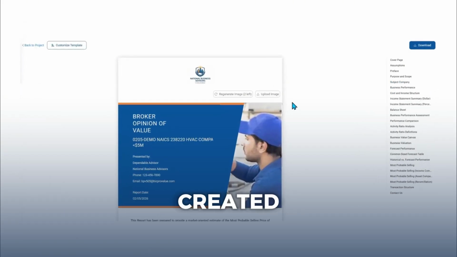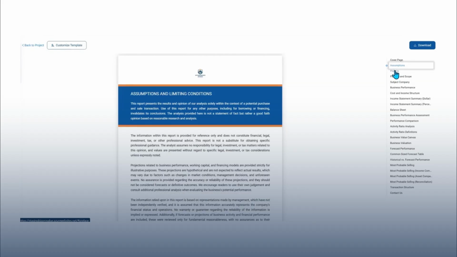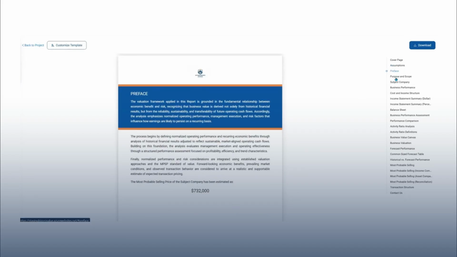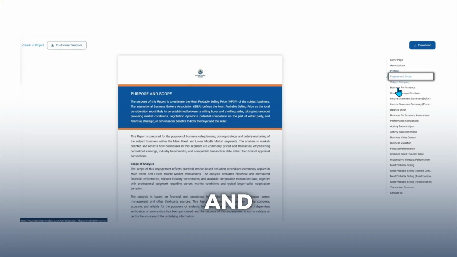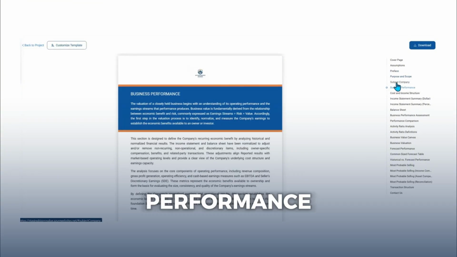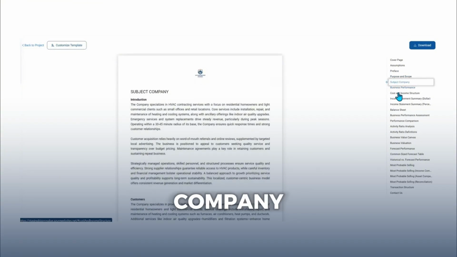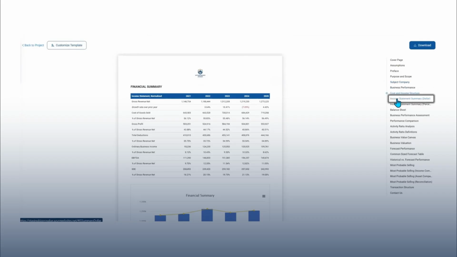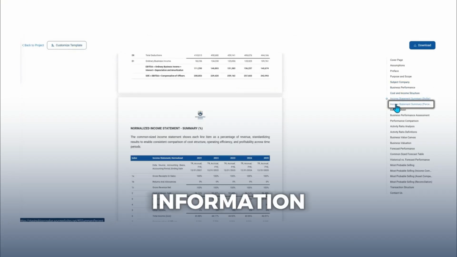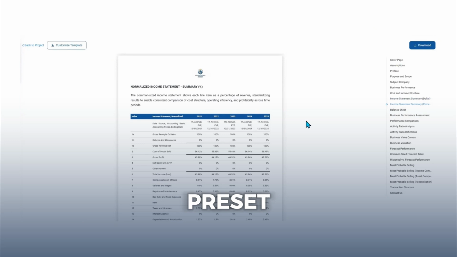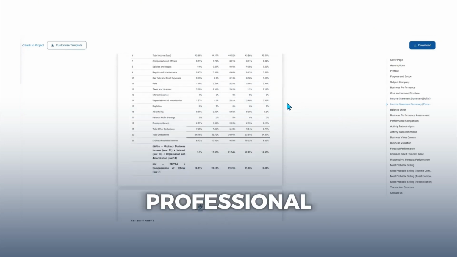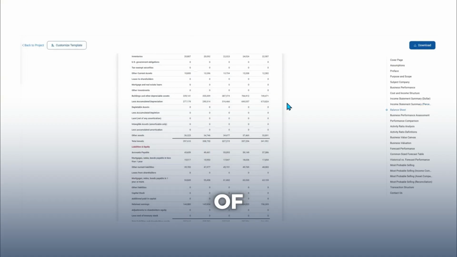We just created assumptions, purpose, preface, purpose and scope, business performance, subject company, all of the information. It has preset content, but it is a very robust, very professional broker opinion of value